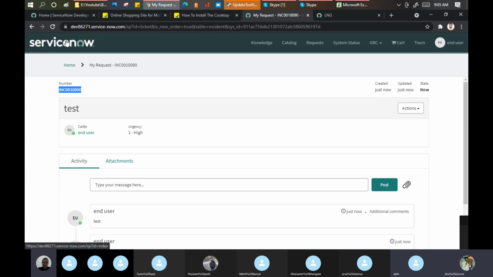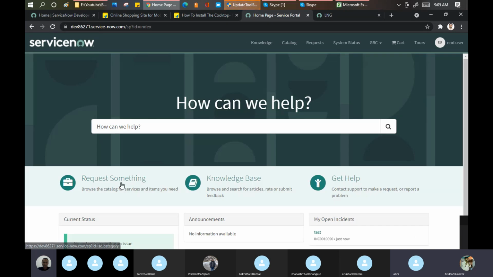So from the portal, a user can raise a request. When I say user, I'm talking specifically about the end user. He can utilize the knowledge base or knowledge article, or he can raise an incident as well. In this area, there's a term called record producer. Vishwajit, take a note of that. I'm giving you two or three more words: record producer, order guide.